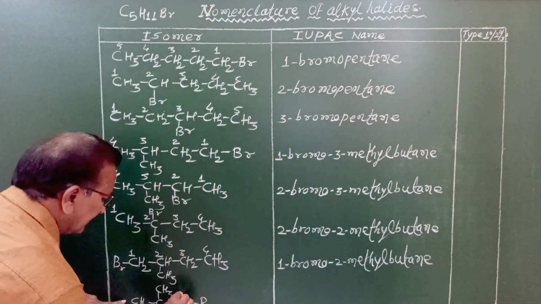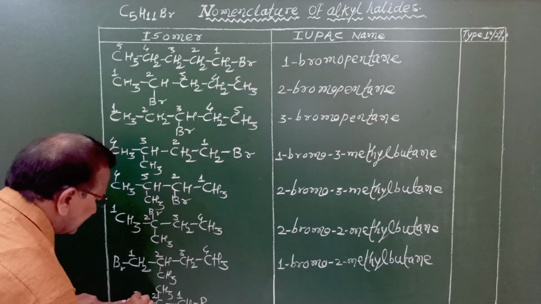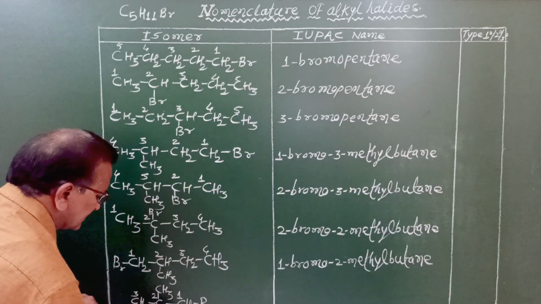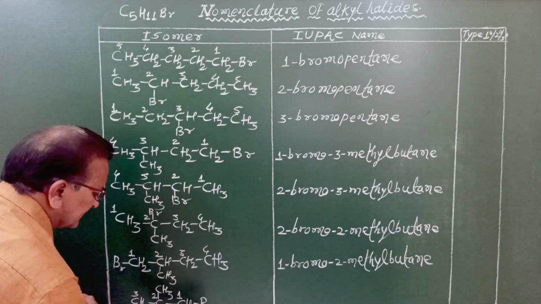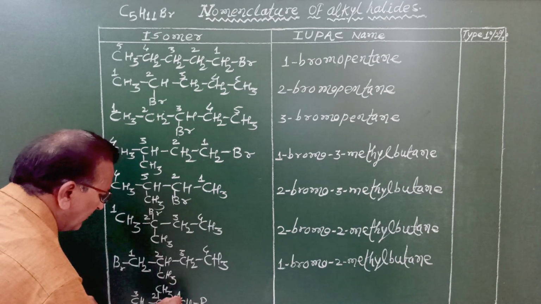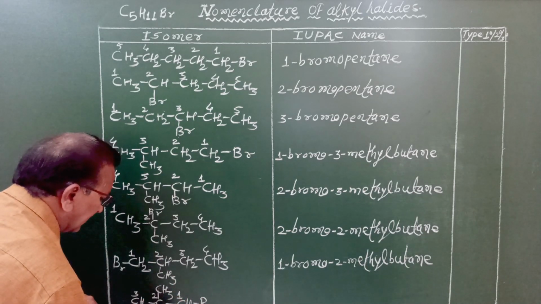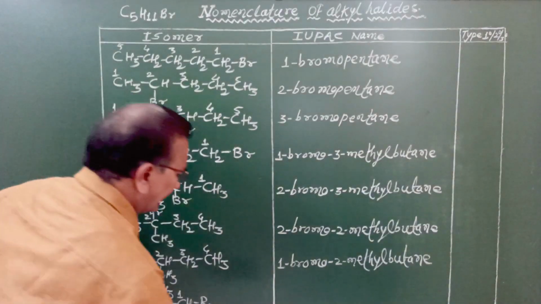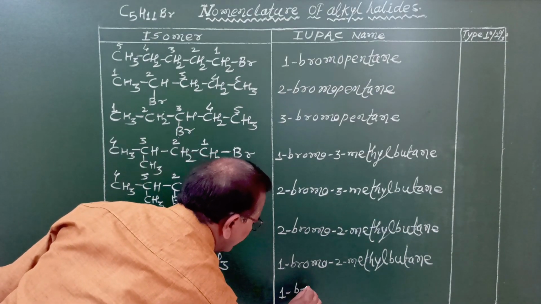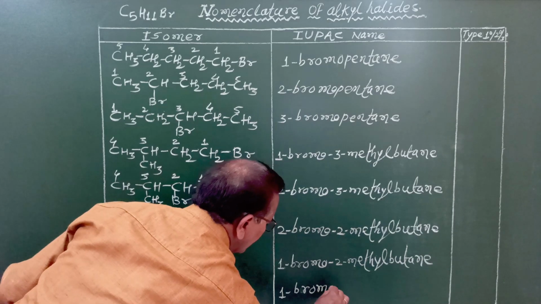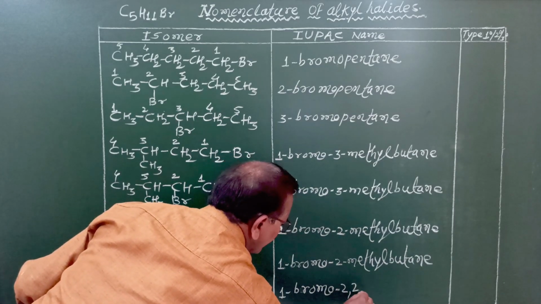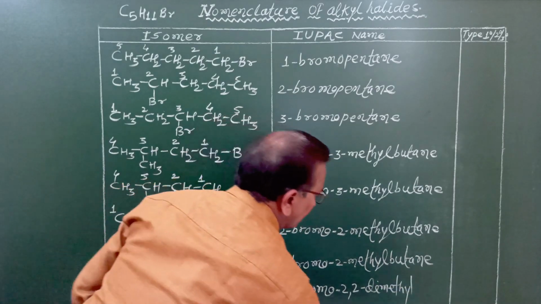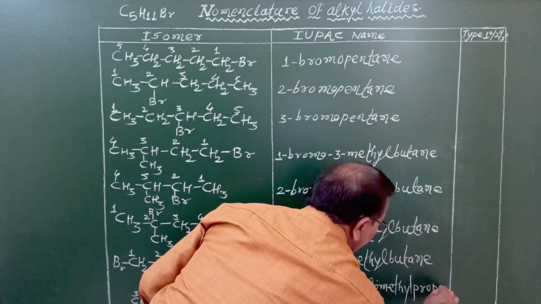And the last one. In this, the carbon atom is numbered as 1, this is 2nd, this is 3rd. The bromine atom is bonded to carbon number 1. 2 methyl groups are in branches on carbon number 2. Therefore, what is the complete name? 1-bromo, 2,2-dimethyl propane. Since this longest continuous chain contains 3 carbon atoms, the parent alkane is propane. What is the complete name? 1-bromo, 2,2-dimethyl propane, because the longest chain contains only 3 carbon atoms.